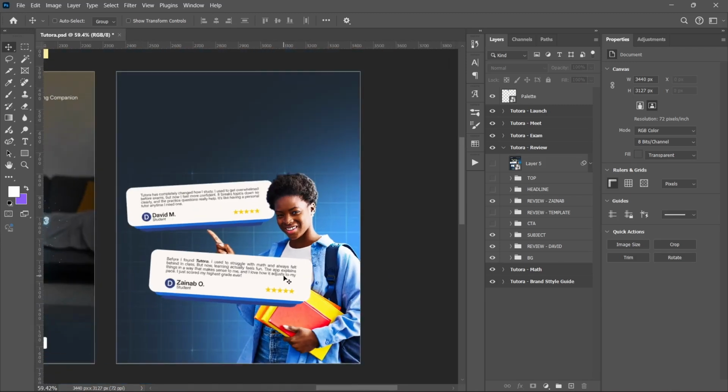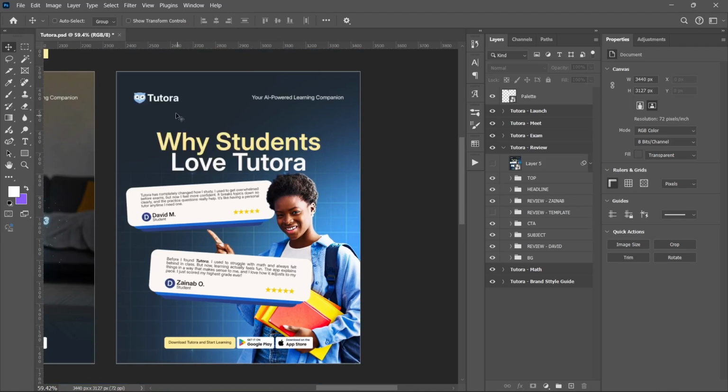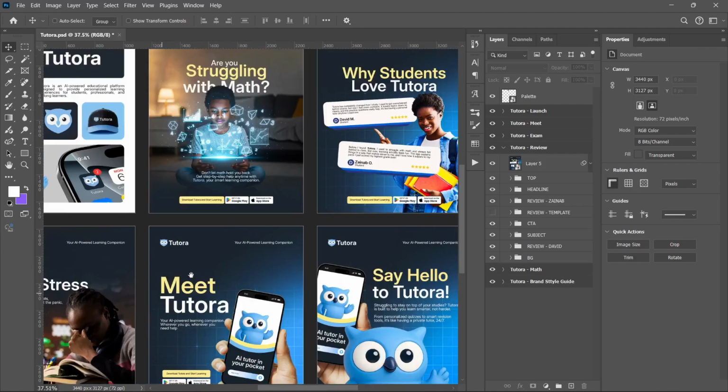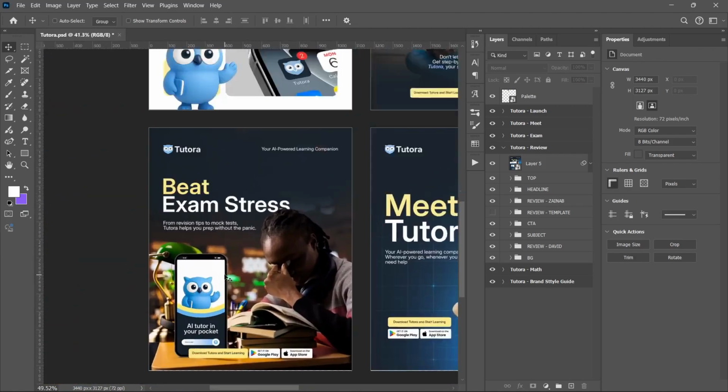So that's how I did it. The call to action is the same thing as the first one. Then the headline is just text, and the top is the same. Then I edited it in camera raw filter. So pretty simple, pretty straightforward. Then this one,